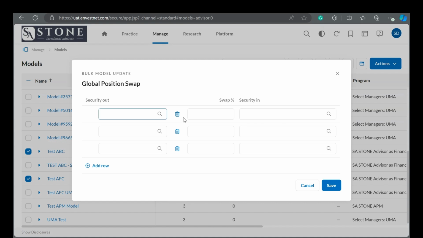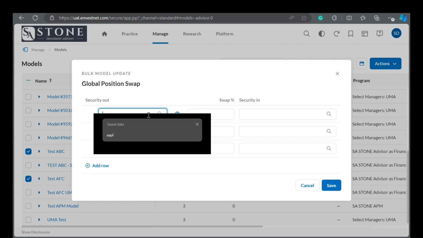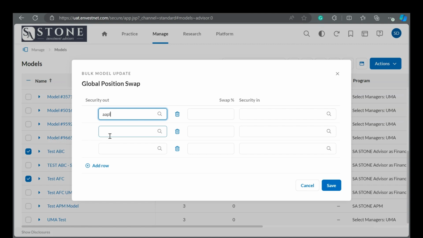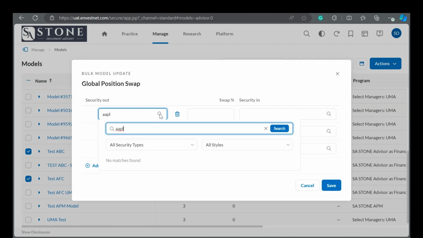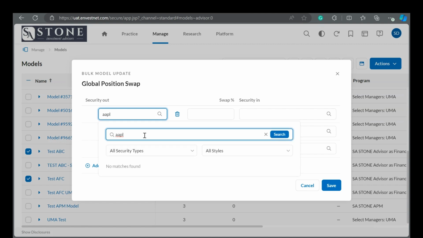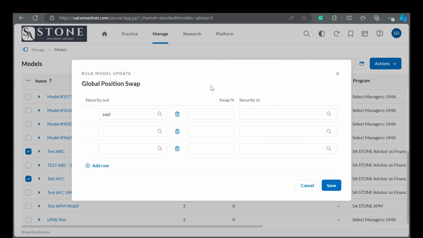So, for example, these two models currently hold Apple. So, if we want to replace Apple, we can type in the ticker. If you don't know the ticker, you can come into the search section and search. But since we know the ticker, we can just input it there. Let's say we want to swap out